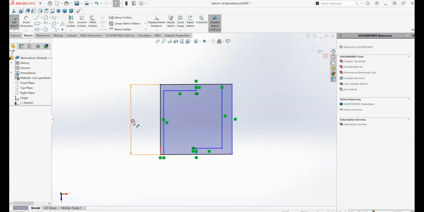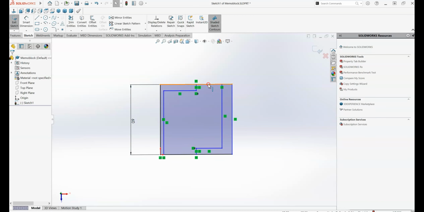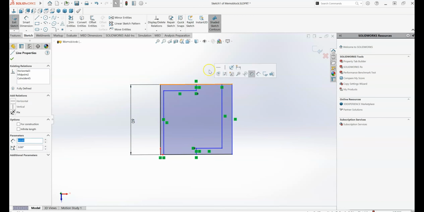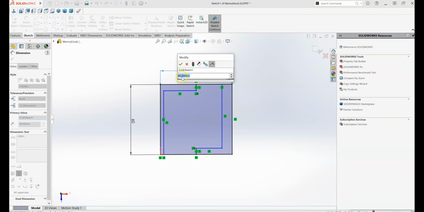If I double click into it again, you'll see that dimension is called D1 at sketch 1. So it's the first dimension that I put in on sketch 1, and it has a value of 60. Okay. When I put in another dimension on the top of the square here, for example, rather than typing in a value,